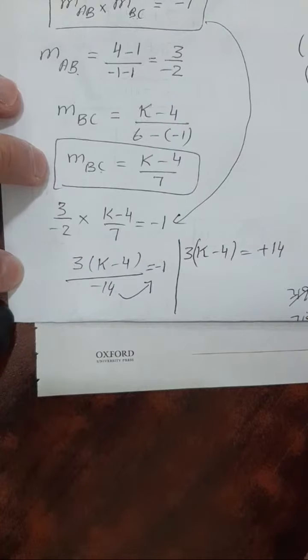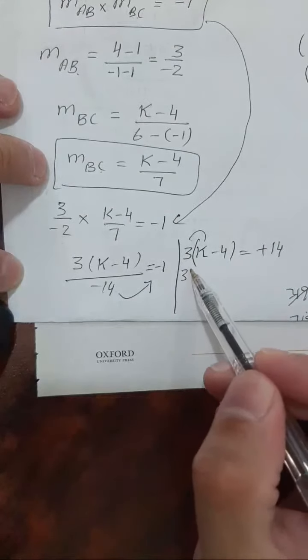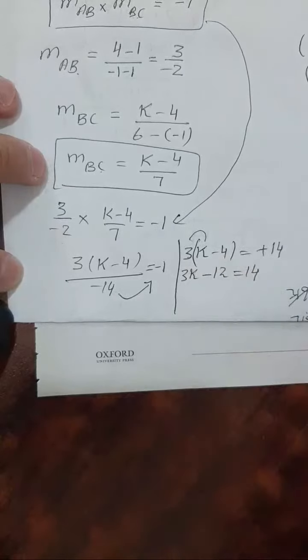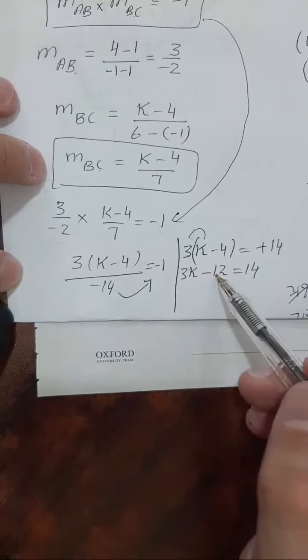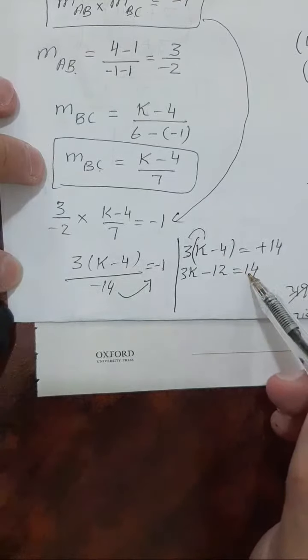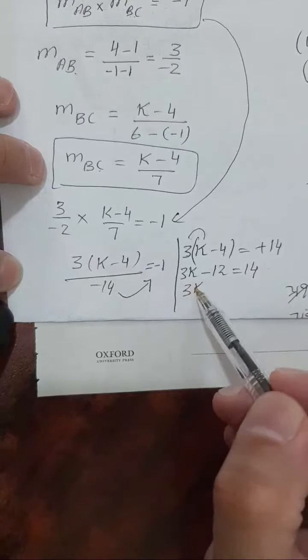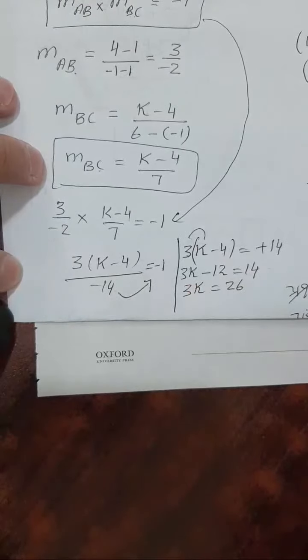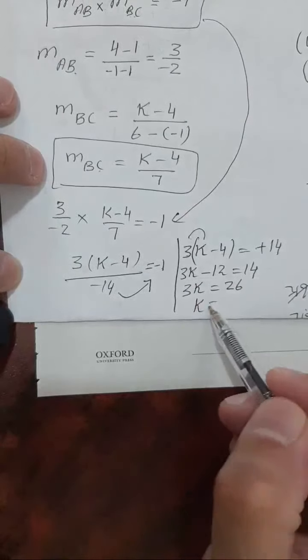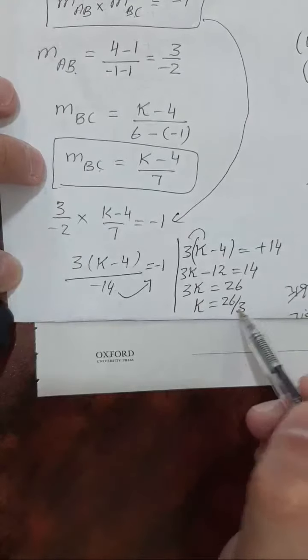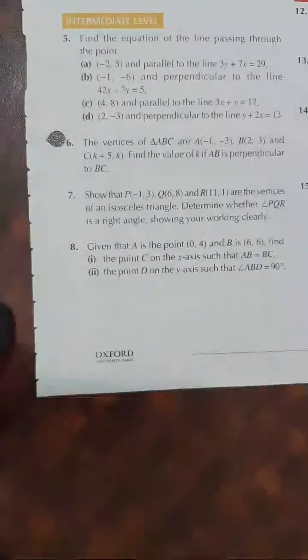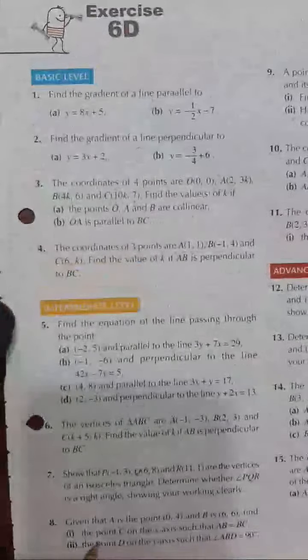Now from here 3k is 3k, 3 into 4 is 12, equal to 14. Move -12 to the right side, it will be added to +14, so 3k will be 14 plus 12, 26, and from here you can find the value of k, that is 26/3. So this is the answer for question number 4 of exercise 6D D3. Question number 5 is,